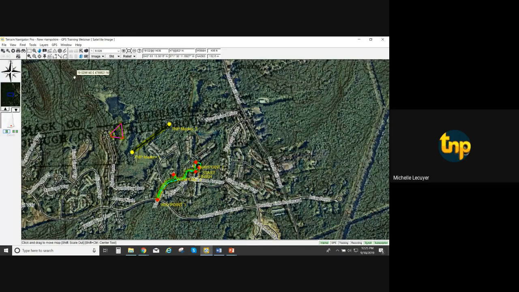Not every GPS supports custom maps, so you'll have to know your individual GPS unit and whether or not it does. Contact the manufacturer, or check the owner's manual, if you are unsure if your GPS supports that feature. So we're in Terrain Navigator Pro, and we create a custom map in Terrain Navigator Pro by using the selection